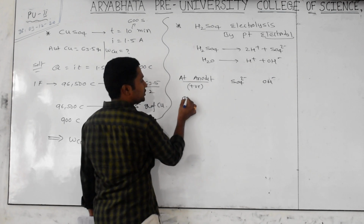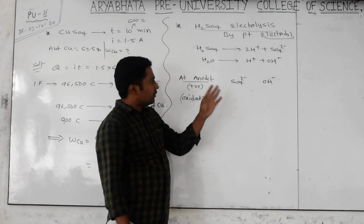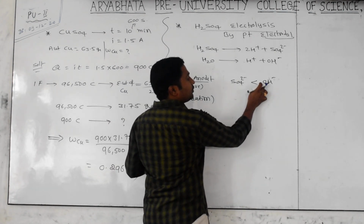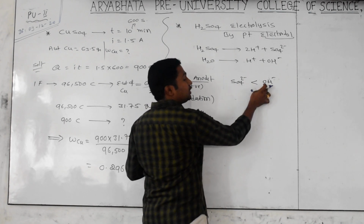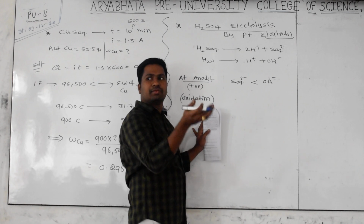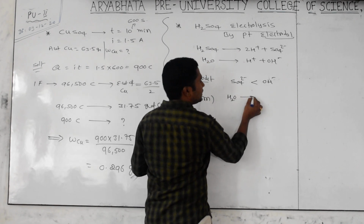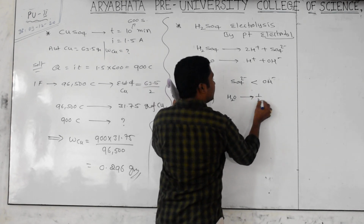But at the anode, which process is going on? Oxidation. So my question is, out of SO4 and OH minus, which will be more favorable for oxidation? OH minus is more favorable. Why? Because here only one electronegative element is there, there 5 electronegative elements are there. More electronegative means more tendency for reduction, so less electronegative means more tendency for oxidation. So OH minus does not undergo oxidation directly; instead, water undergoes oxidation, because OH minus is available in the form of water. So H2O liberates like how? To give off O2, plus